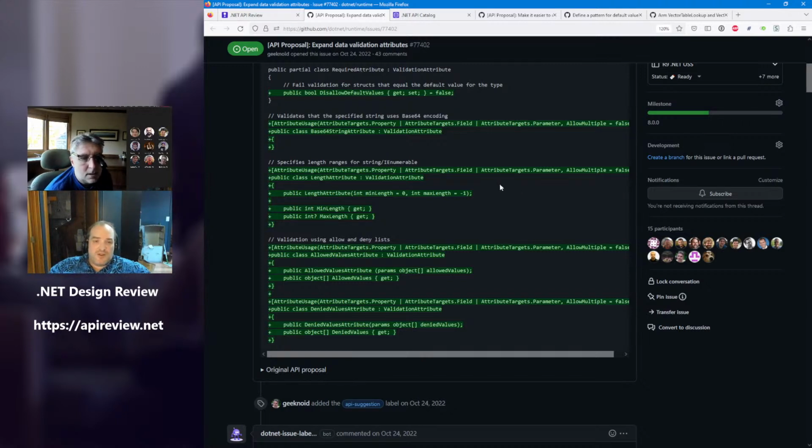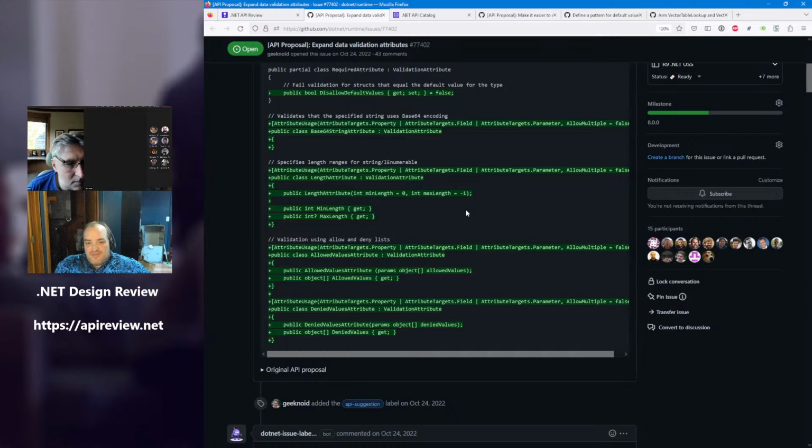And then, returning to the notion of don't allow ambiguous behavior, please throw if base 64 string is applied to something other than a string. Of course, in case you want to open it up later. Similarly for length, if it's applied to a thing that you don't understand. I guess that will depend on the current conventions in data annotations, which Jeff might be able to answer. I'm not sure what the behavior is if you misapply an existing validation attribute.